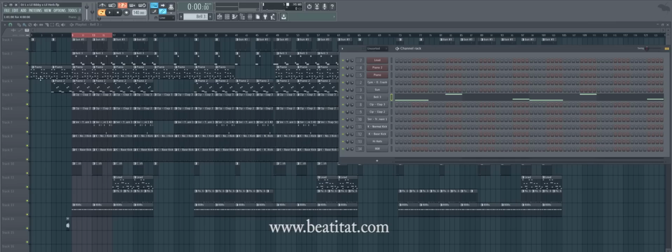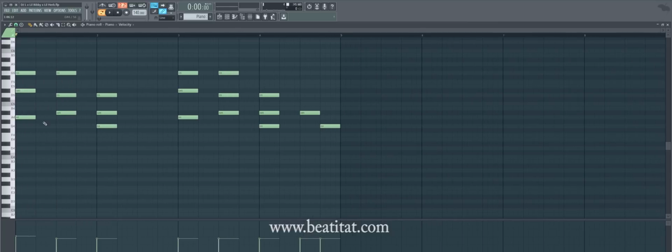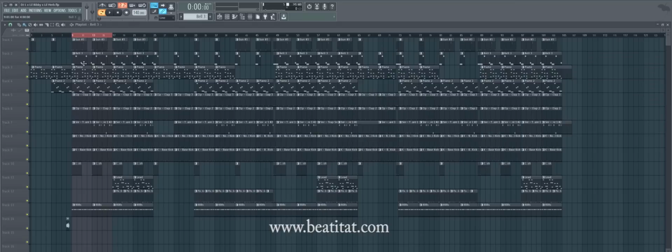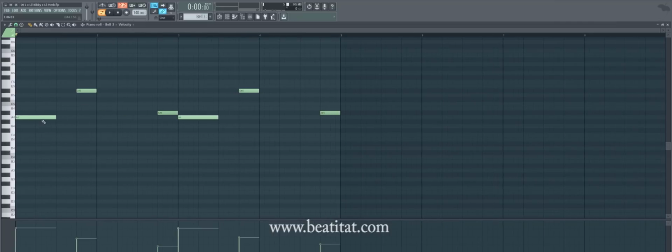Now, since we have a lot of our keys in A4, D sharp, G, D, A sharp, it was a key thing to keep our bells as well in A4, D sharp, A sharp. So